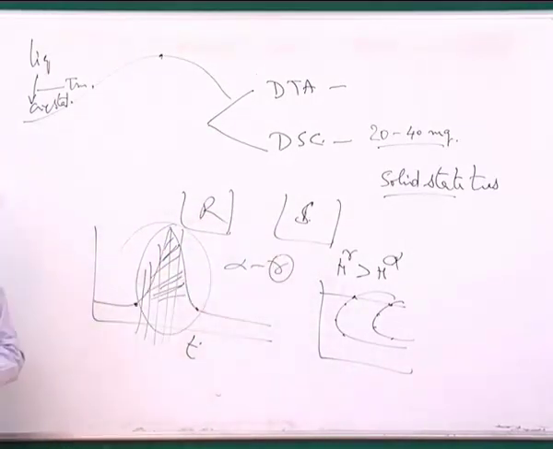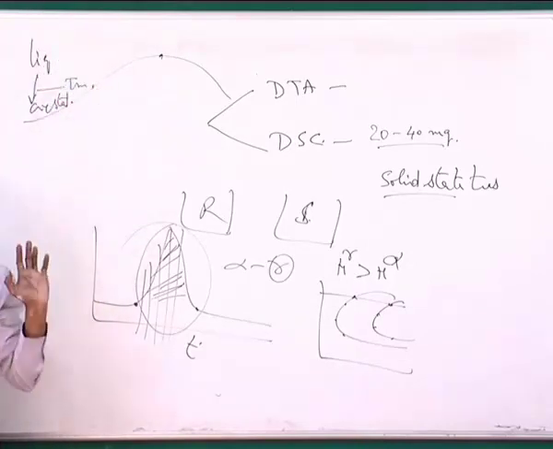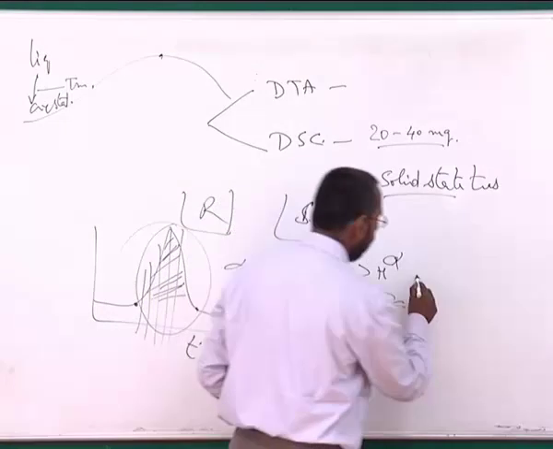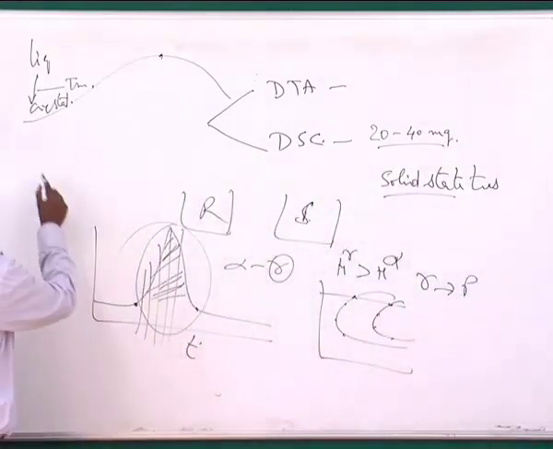But one point to remember is that when I am doing isothermal DSC, I have to heat my sample very rapidly up to the transformation temperature, so that nothing is happening during this heating. This is very important. If you remember, when I am doing a TTT curve for austenite to pearlite, gamma giving pearlite, what am I doing? I am taking this alloy, heating it.